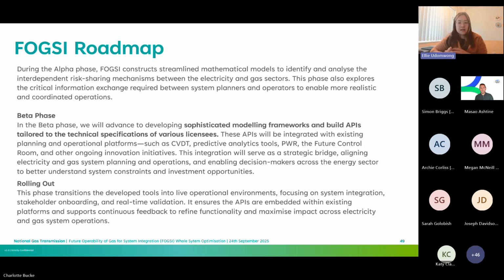And after the beta, we're going to be looking at how it is actually going to be integrated into our existing operating system, and getting prepared on how it is going to be rolled out in the future when the hydrogen is in place. And if you're interested in being involved in the project and feel like you are one of the parts of this hydrogen system map that I have shown previously, please feel free to reach out, and I'm more than happy to answer any questions afterward as well. And I think that's all for me.